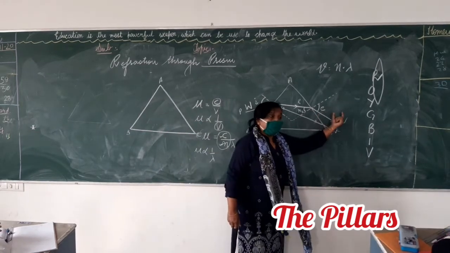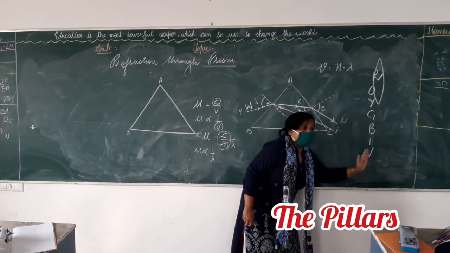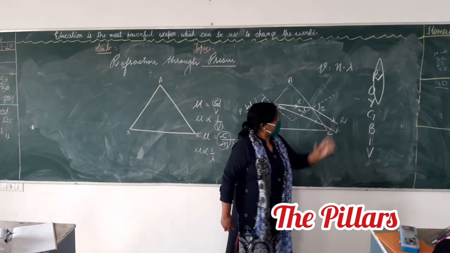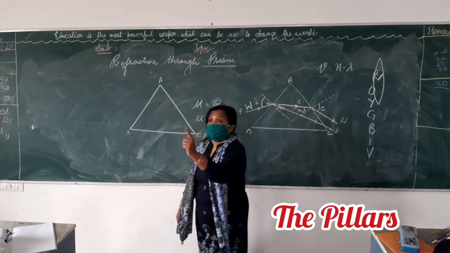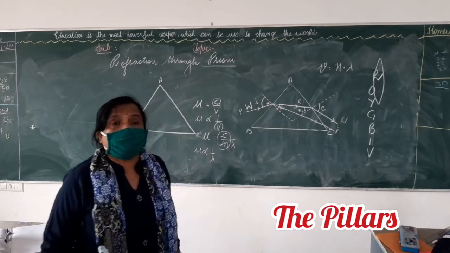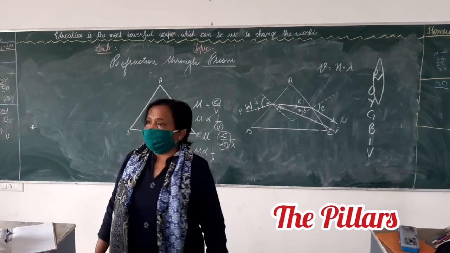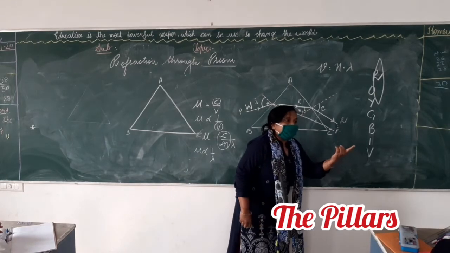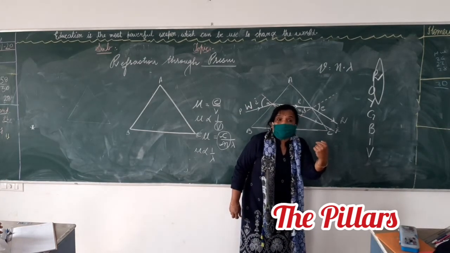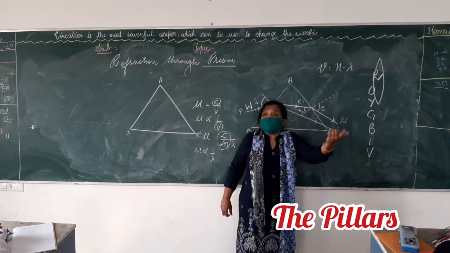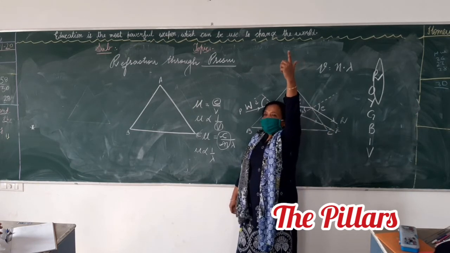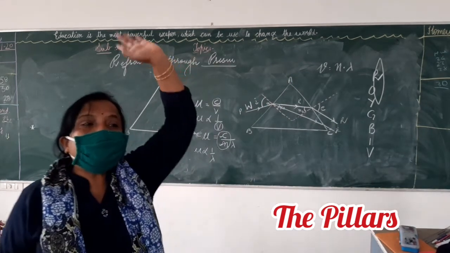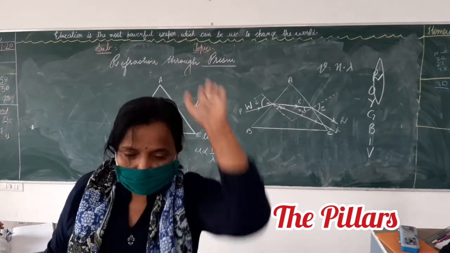That you know for red light. This is the visible spectrum, visible light, which we can see. I will come to the next topic also. In this, red has the maximum wavelength, about 7 into 10 to the power minus 10, in angstrom. Since the wavelength is more, bending will be less, so the refractive index is less. What is the meaning of refractive index? Bending. If bending is less, it will remain on the top. And for violet, the wavelength is the least, so mu is more, which means bending is more.